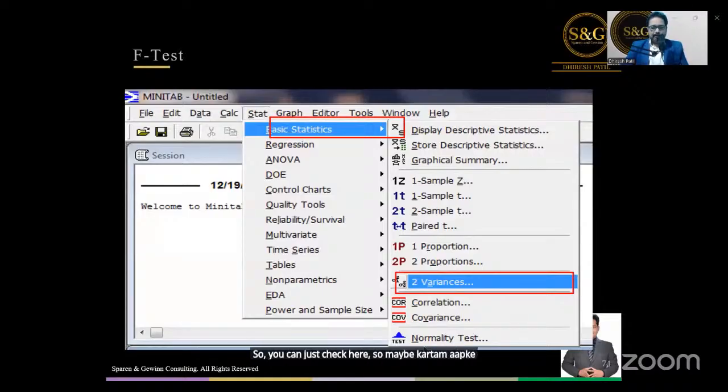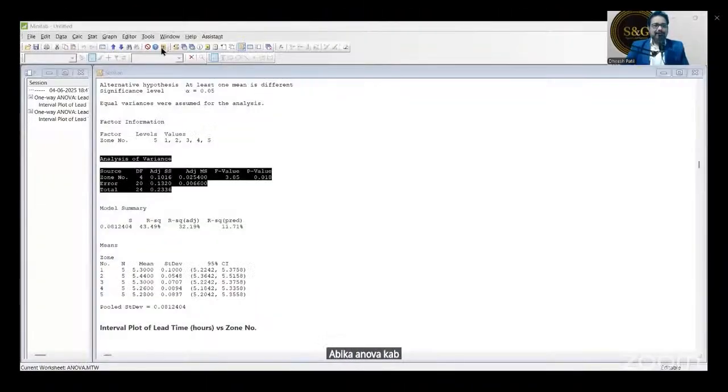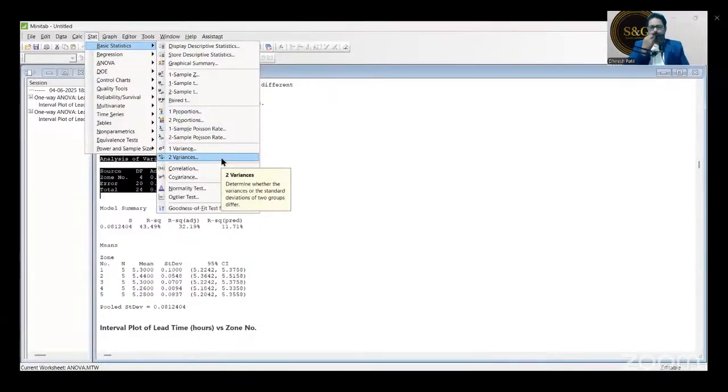Let me just open any file, any Minitab file. Even if you used the ANOVA one just now, that will work, the same Minitab file. Go to Stat, Basic Statistics, Test of two variances, which is called F ratio test.